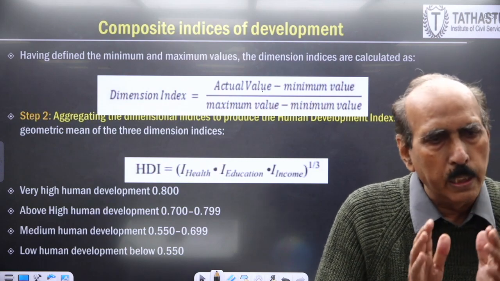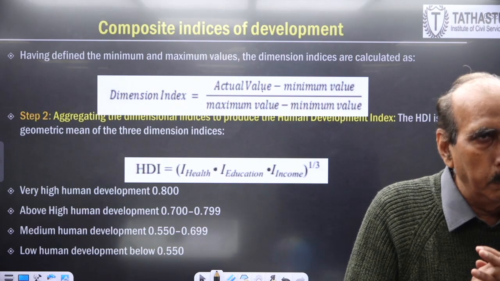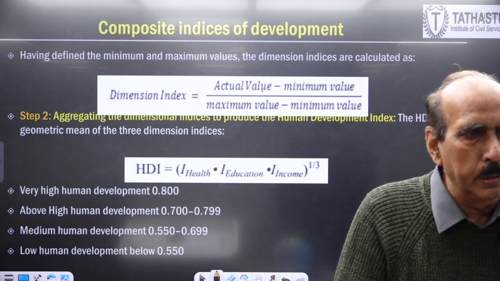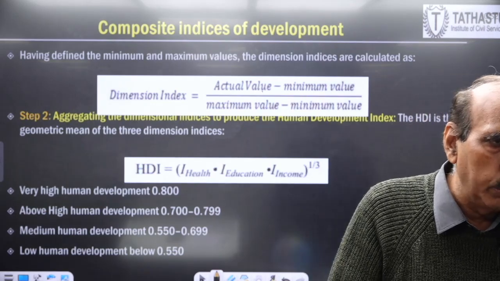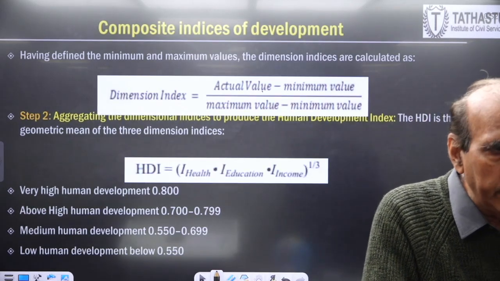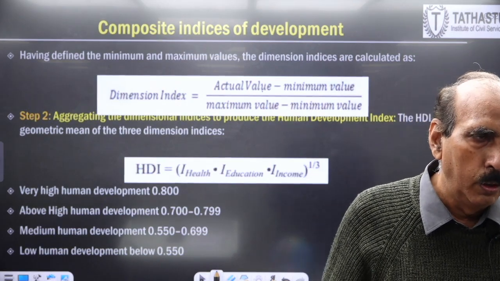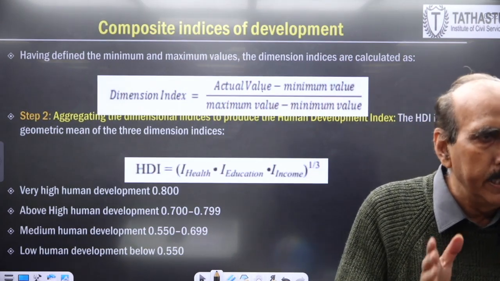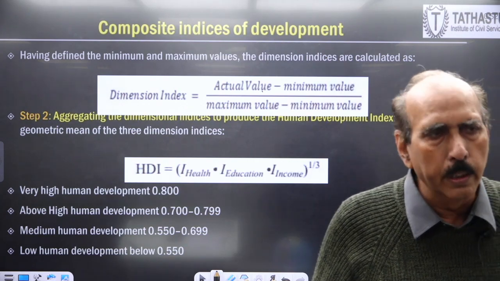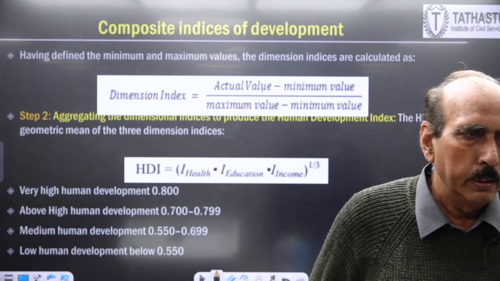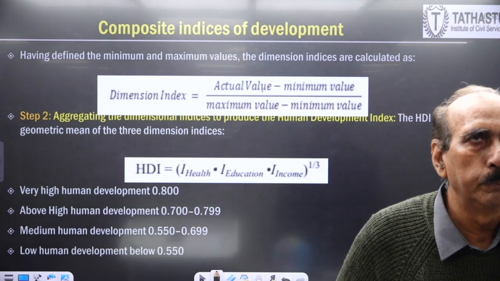Of course, the new database is more relevant for estimation of the GDP, but in the new data, one adjustment has to be made in the form of removal of the shell companies, which has to be done by the Ministry of Corporate Affairs. And then the remaining companies' data will be used by the CSO. That adjustment is being done now. Earlier it was not done, first year, second year, now it is done. Therefore, the new data is more important and more relevant for estimation of the GDP.